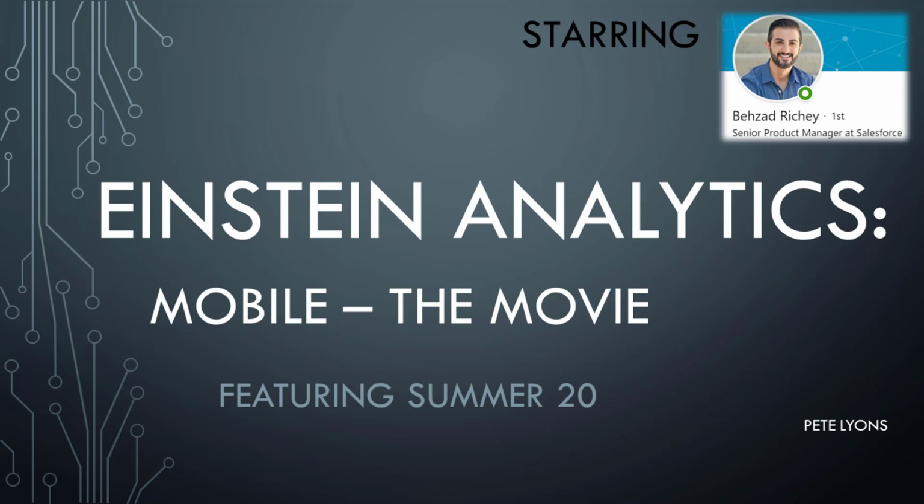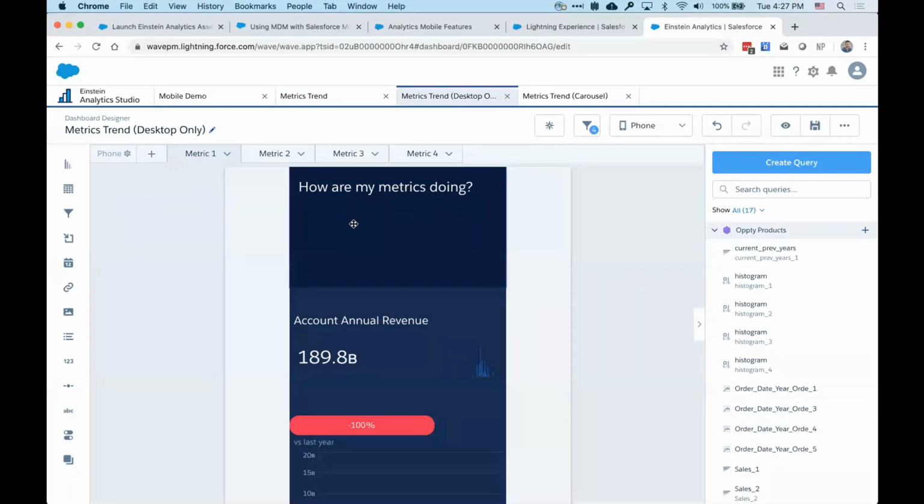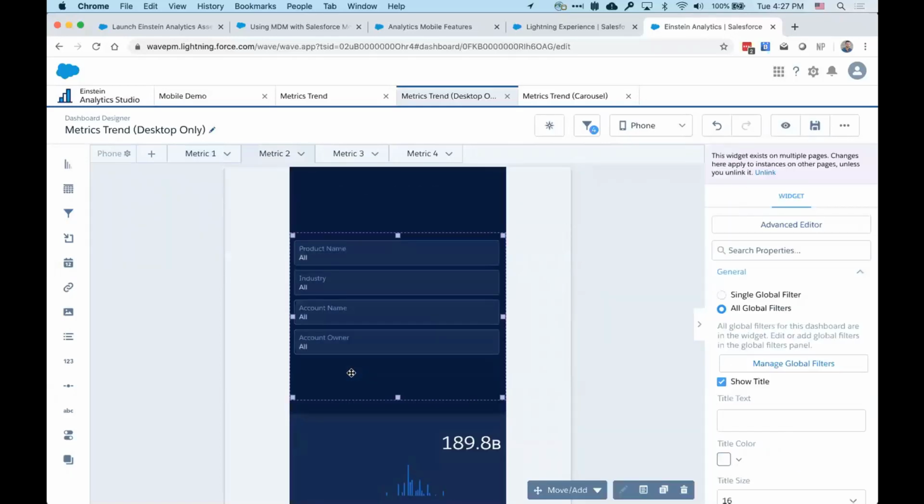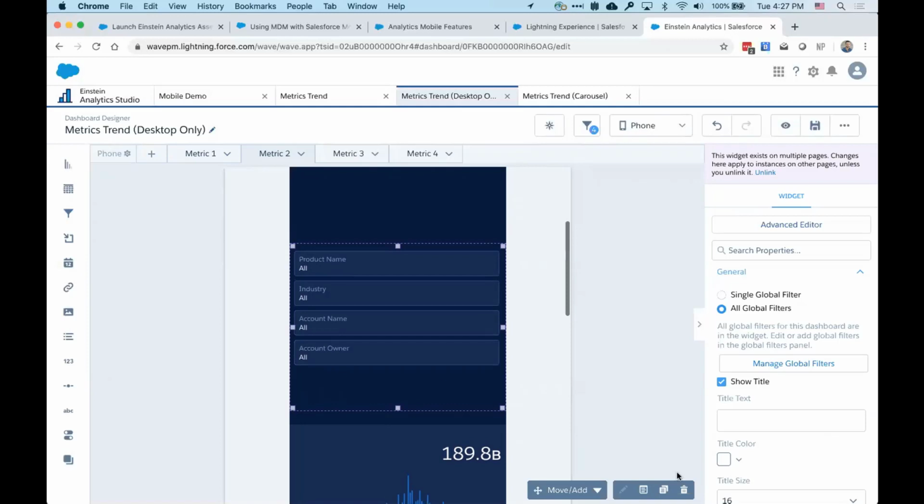So let me see if I follow. I don't think I followed the question exactly. Can you go to the dashboard where it was my metrics, and this guy right here, and then show me your global filter widget. Okay, so we had this one, right? Yeah. So if I wanted to separate this from what was on the desktop one, but still preserve the properties,